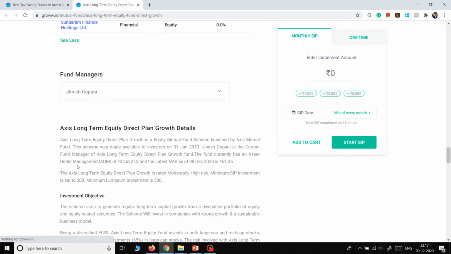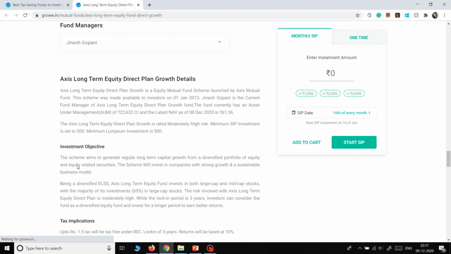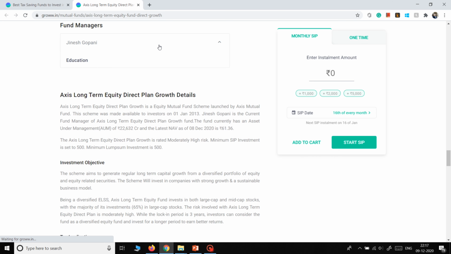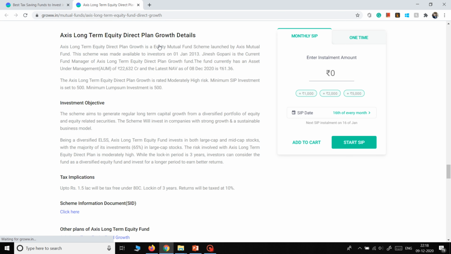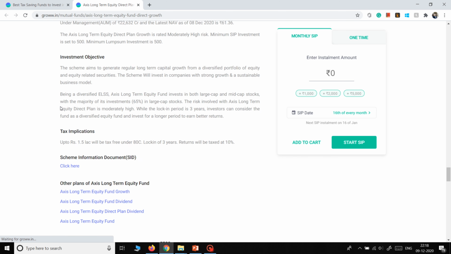The fund manager details should also be looked at, and you should also do secondary research on the fund managers to get a better understanding, like what kind of person he is and how successful his career is as a fund manager. Because actually you are giving your money to this person, he is the main person responsible for it. Obviously there would be a lot of people working under him to provide him the recommendation, and then he would have to take the final call, but he is the person actually taking the final call on your money. So you must do very good due diligence before giving your money. These are the things which you have to look at. The scheme details and all these are there.